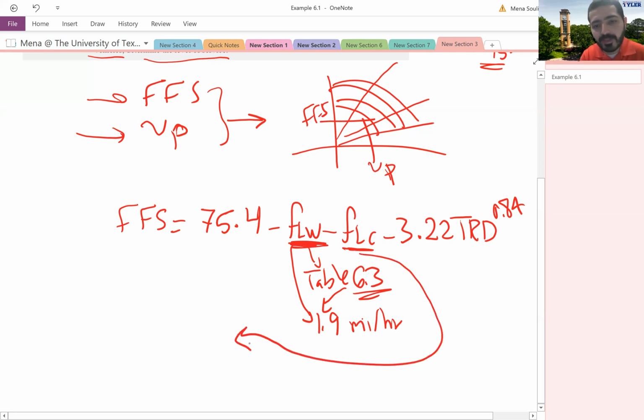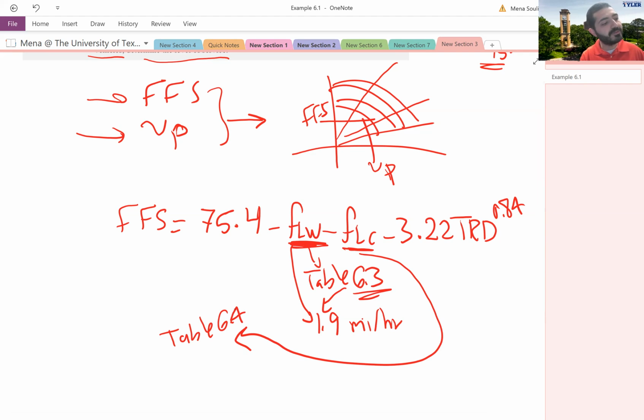That's the first correction. Next is FLC. FLC, this is actually for the lateral clearance correction. For FLC, you need to go to table 6.4 to obtain the value. So if we go again to your textbook for table 6.4,